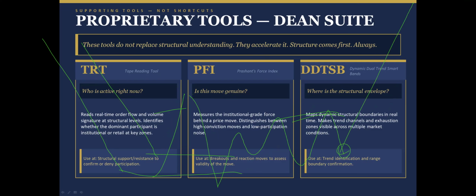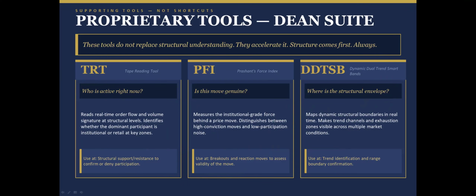Why does a sudden change not work out? Because institutes will not be able to get their positions with just this up move. They will not be able to accumulate adequate quantities. So if they are not able to accumulate adequate quantities, what happens? They will not support this up move. Retailers buy in FOMO and they will not be able to support.